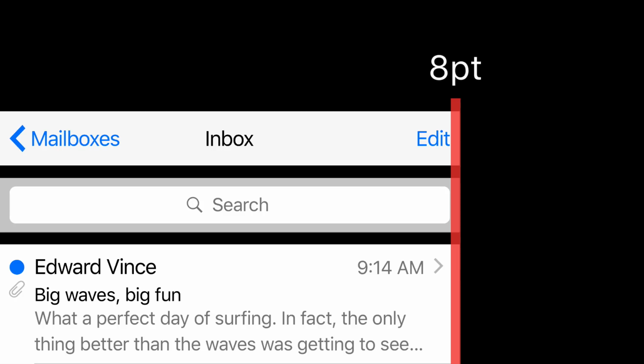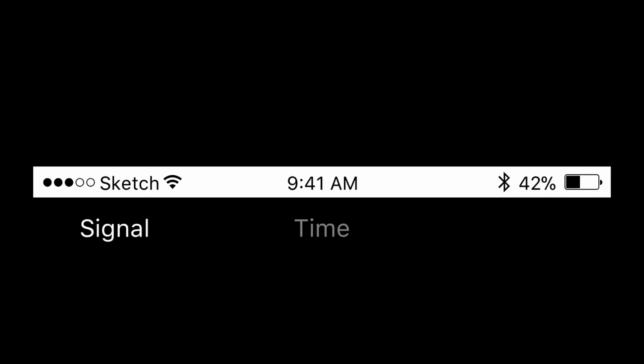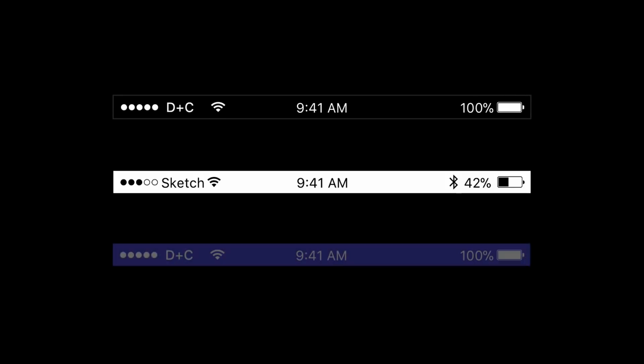Also, UI elements should be aligned and texts should have the same baseline position. It is recommended to include the status bar in as many places as you can. Users rely on it for important information such as signal, time, and battery. The text and icons can be white or black, but the background can be customized into any color and merge